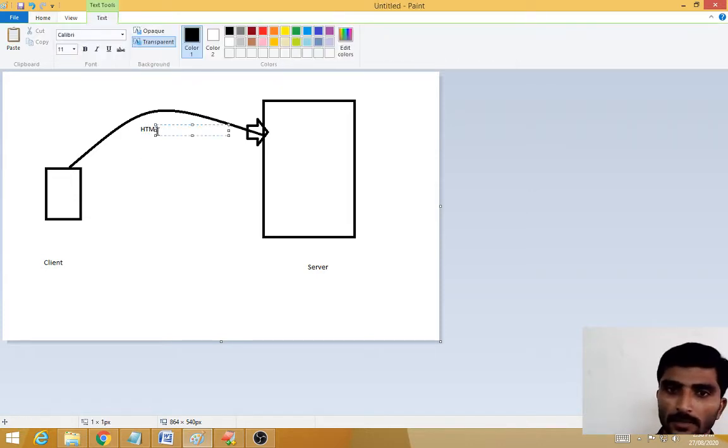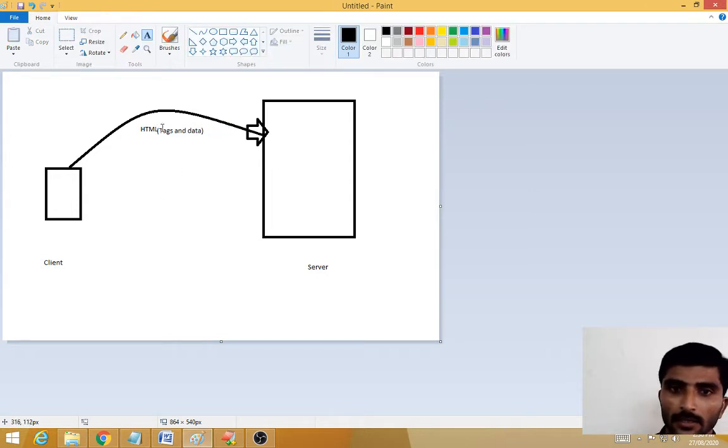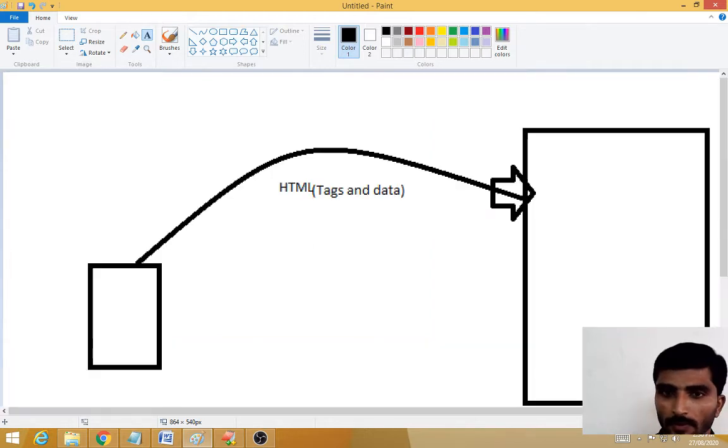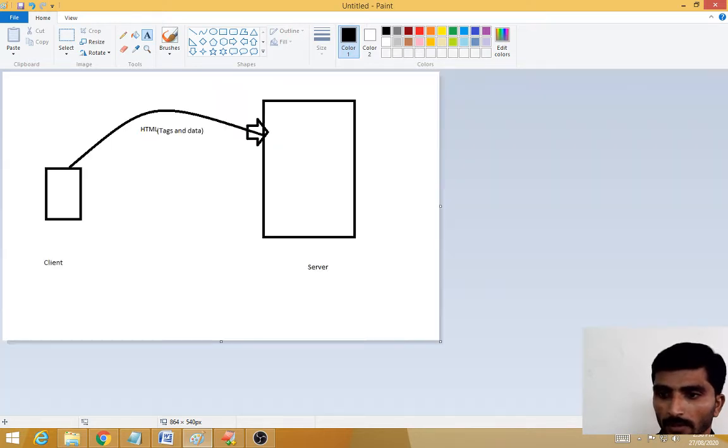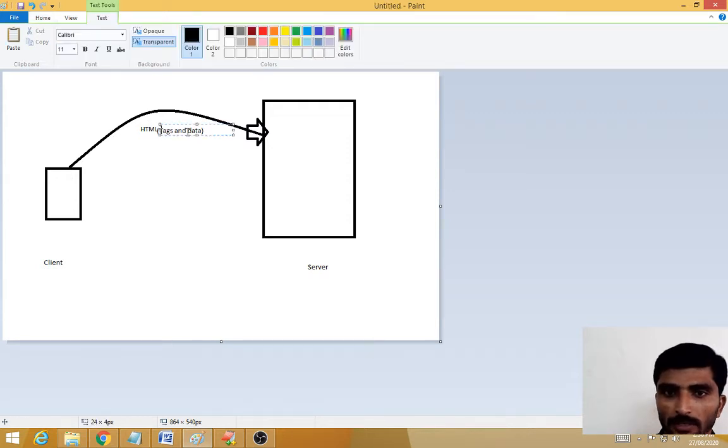What we are sending here is HTML tags and data. When you are sending the HTML document to the server, you can send the tags and the data both at a time.